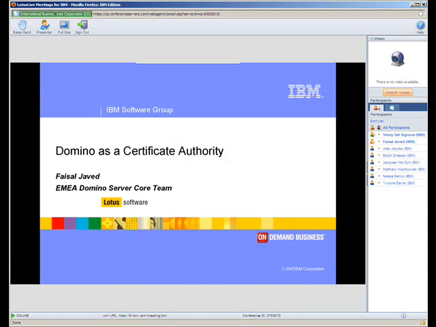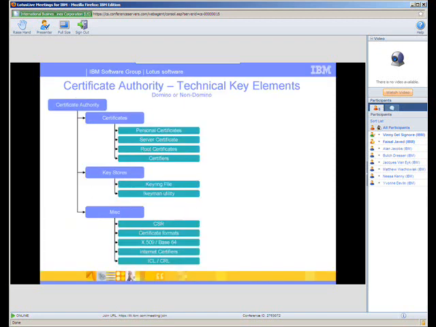Right. So I think now we move on to the Notes CA process itself, which is literally as simple as this. You just have to migrate a normal certifier into the CA system, and that's it. Your normal certifier becomes available as a CA certifier in the CA system. So I think we'll go on to the second part of it,